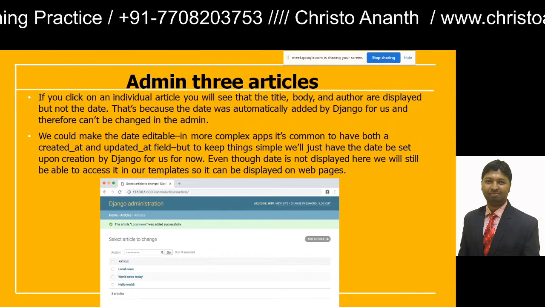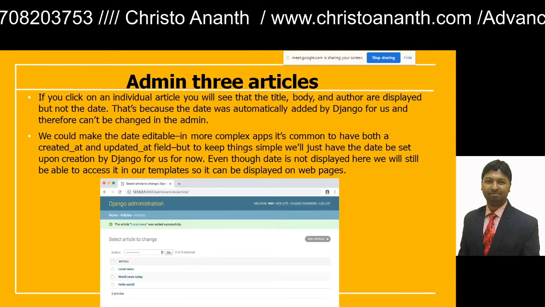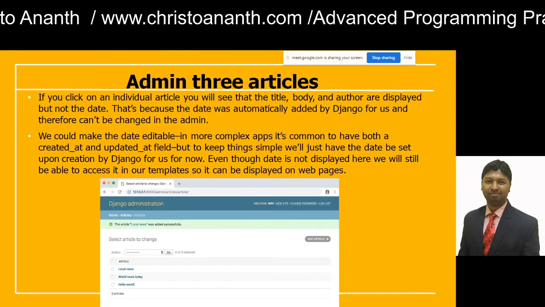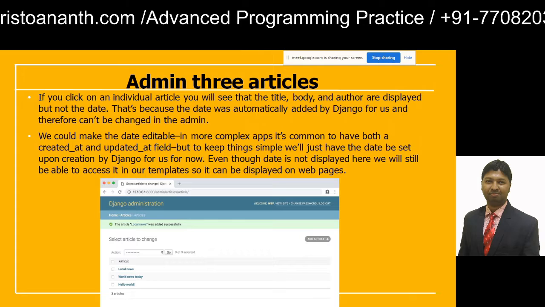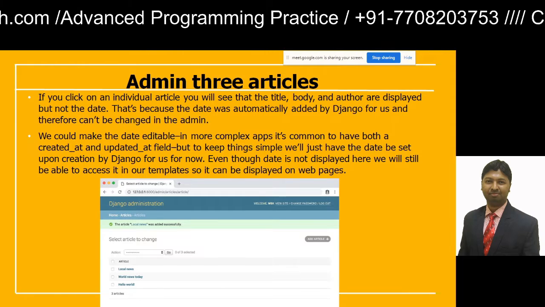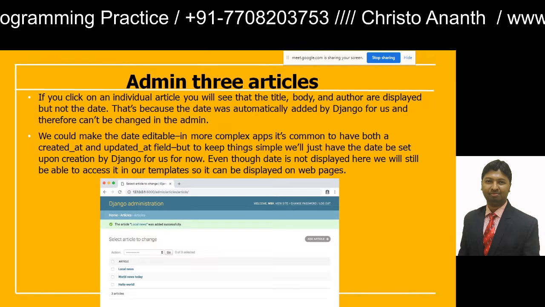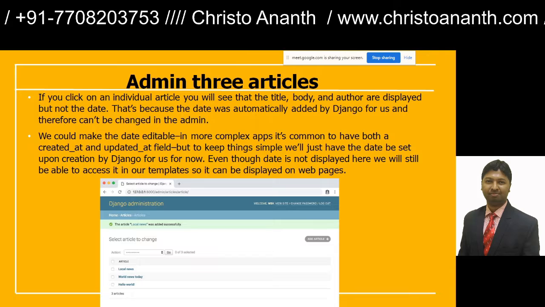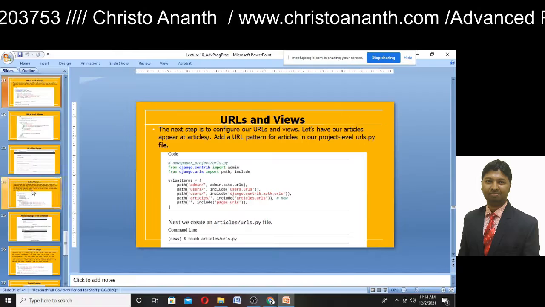So you can still make the date editable in more complex apps. It's common to have both the created_at as well as updated_at field, but to keep things more simple, we have the date to be set upon creation by Django. So we leave everything for Django to do for the date. So even though date is not displayed here, we are still able to access it in the templates so that it can be displayed onto the web pages.